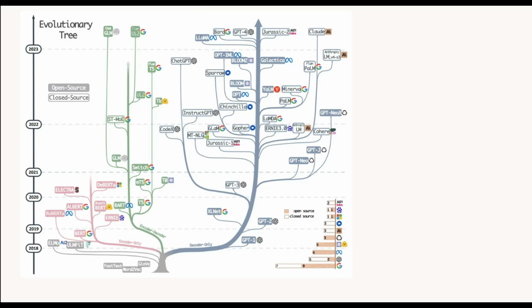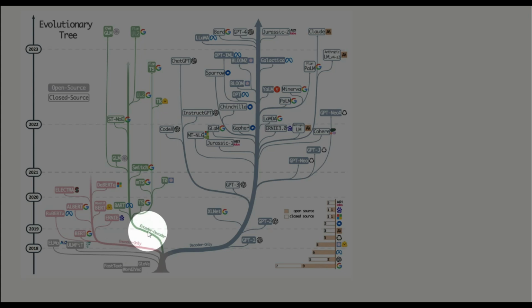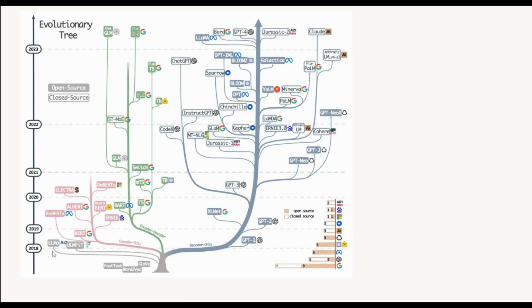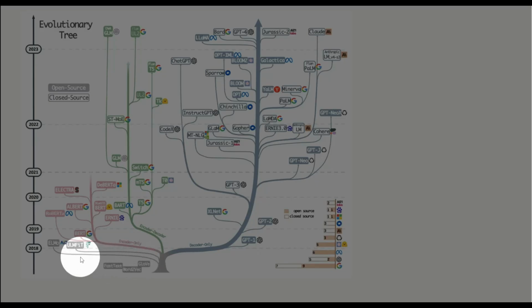This chart represents an evolutionary tree to depict the various models and what type of transformer architecture they are using, like encoder-only, encoder-decoder, or decoder-only. They are mapped to the timeline on the y-axis. On the bottom left, you can see a branch in light brown color